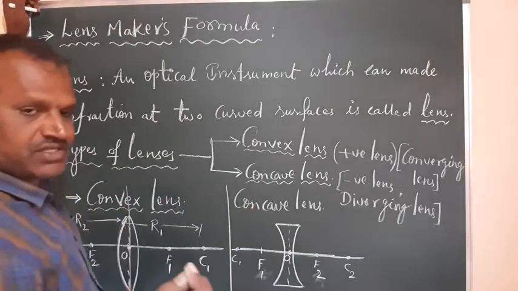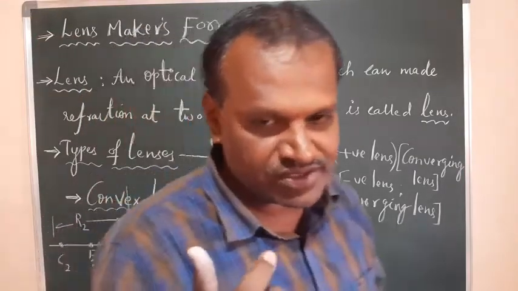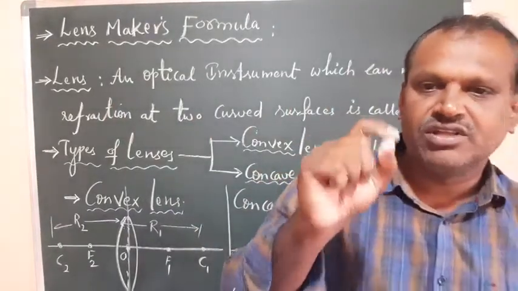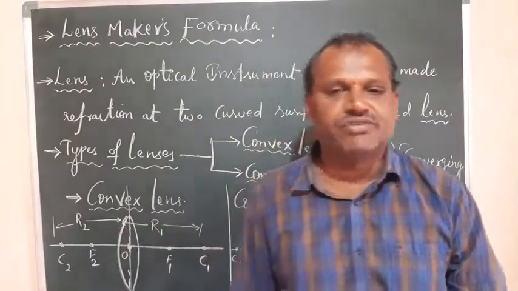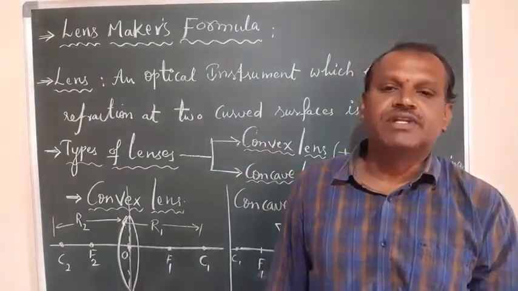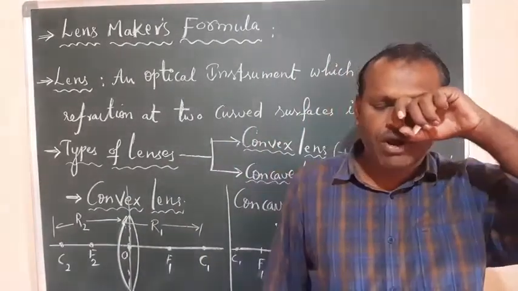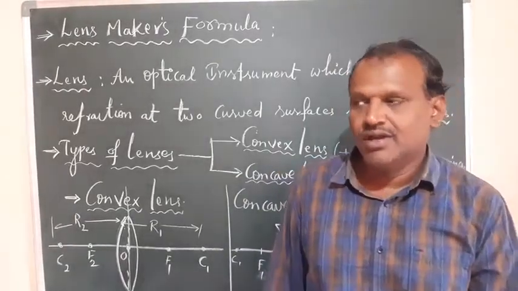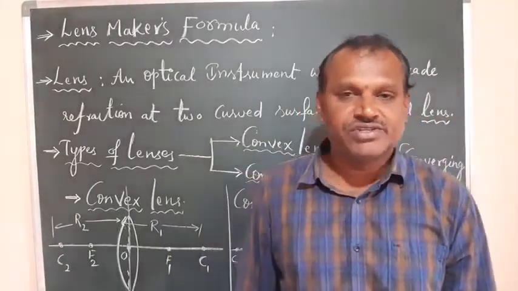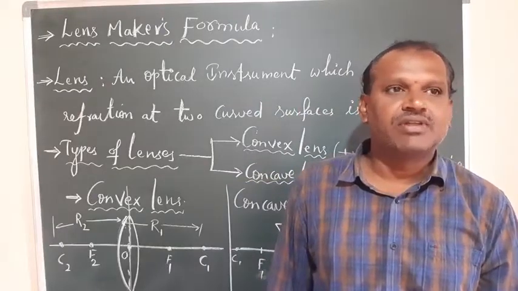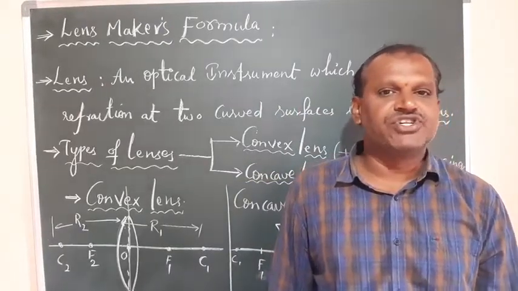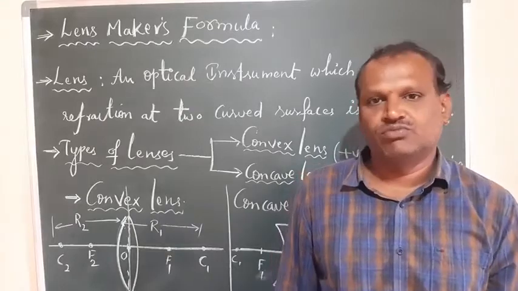So what is a lens, what are the types of lenses, how they can be constructed, and what terminology we have. The principal axis passes through the centers C1, C2 and the center of the lens, through the optic center, and is called the principal axis. For any lens there are two foci and also two curved surfaces. They have two centers of curvature C1, C2 and radii of curvature R1, R2, right?